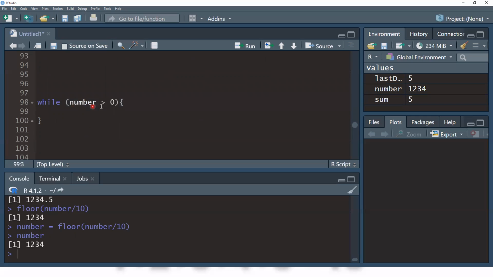If this number is bigger than 0, we continue. If it is 0, we stop. This loop only works when this number is bigger than 0. So put everything together, we can create a function to calculate the digit sum of an integer.